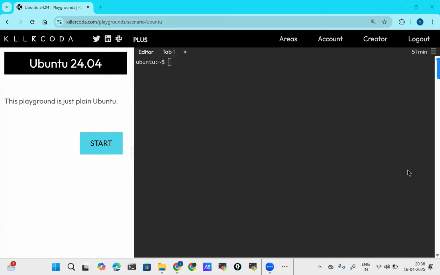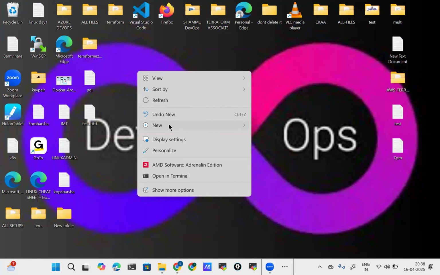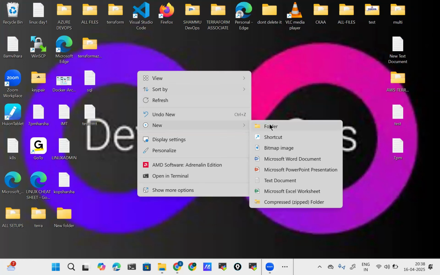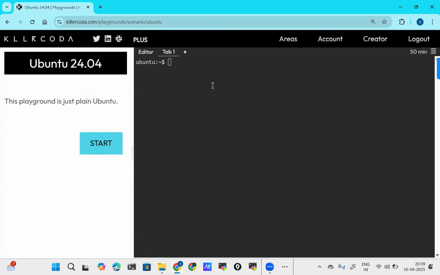Now, if you want to create a folder in Windows, generally what we do is right click, then new, and then folder. That's it, it is going to create the folder. But in the server, folders are called directories. So if you want to create a folder, nothing but a directory, in a server, the command will be